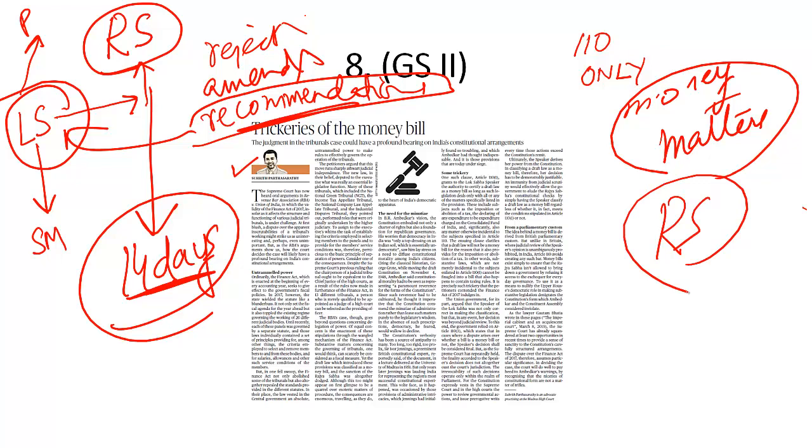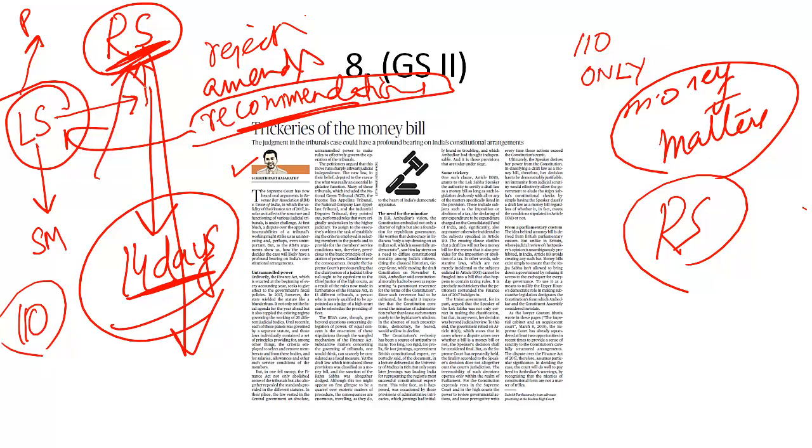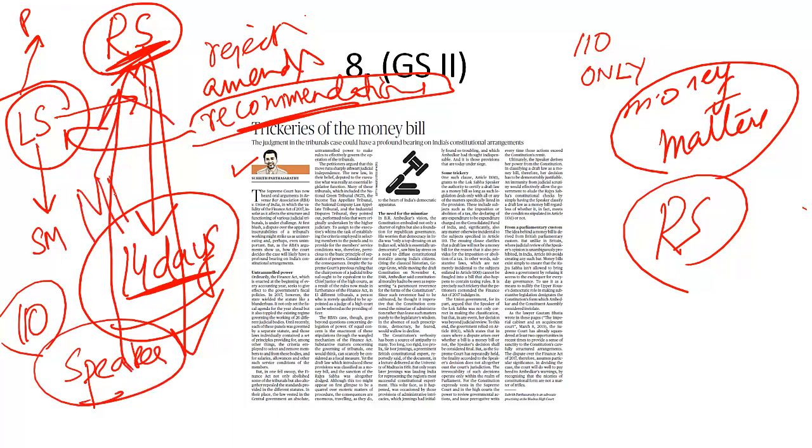That is why some people argue that the government introduced this bill in Lok Sabha as a money bill, because the government wanted to bypass Rajya Sabha. And the Constitution says under Article 110 that whenever a money bill is transmitted to Rajya Sabha, a certificate should be attached to it, in which the Speaker certifies that the bill being transmitted to Rajya Sabha is a money bill.